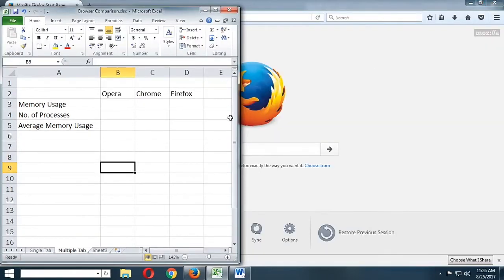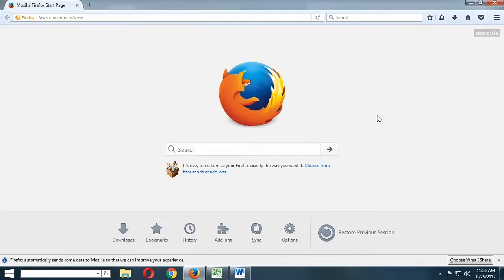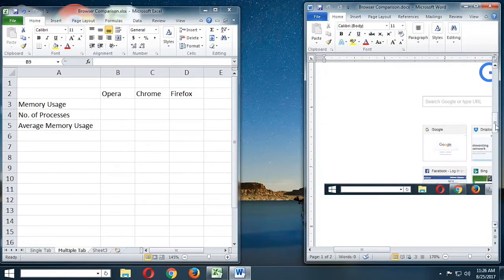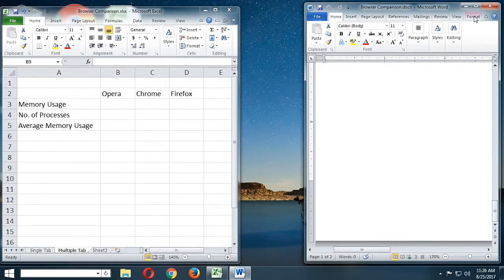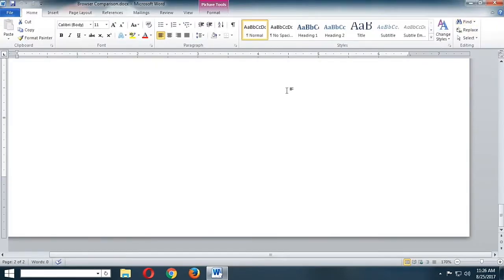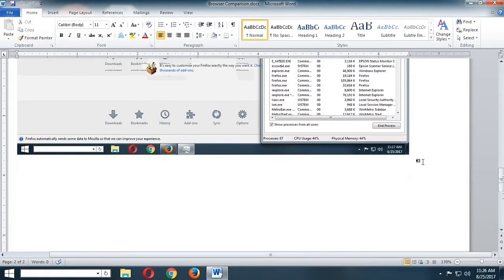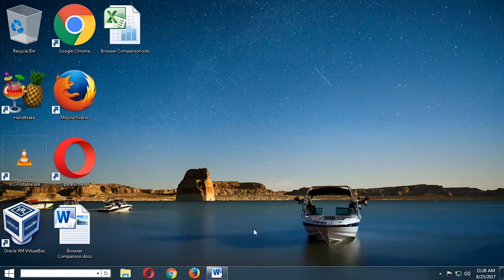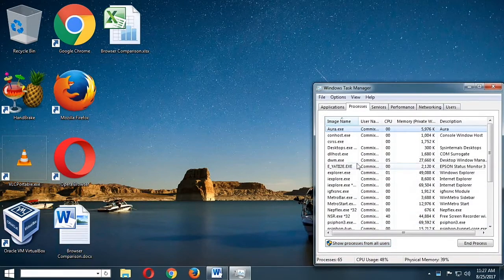Okay, so we'll try to test it. We'll close Firefox first, then we'll close the document for the meantime. Okay, let's close. We'll just prepare this document for the next set of tests. Then I'll try to run again